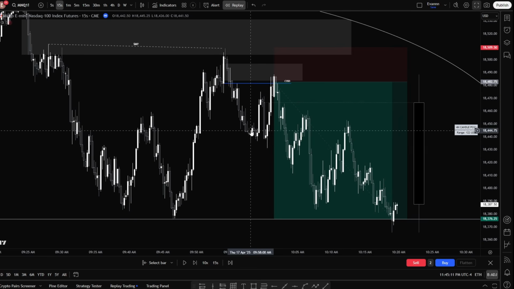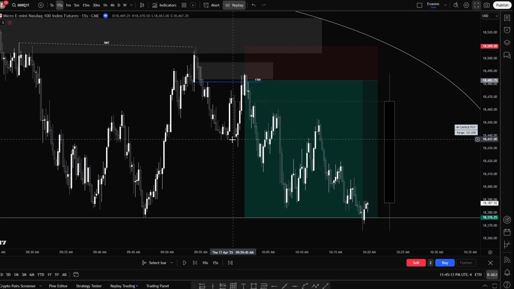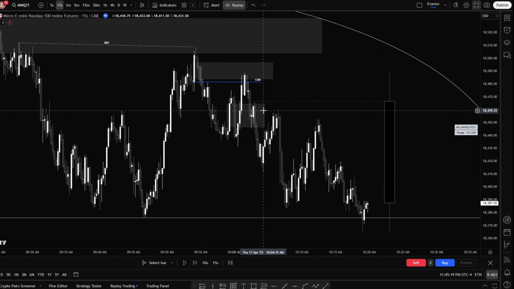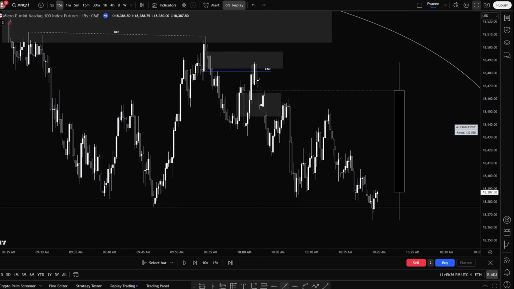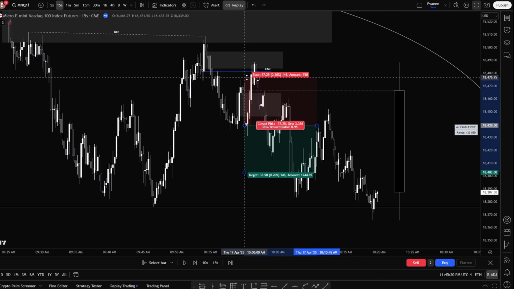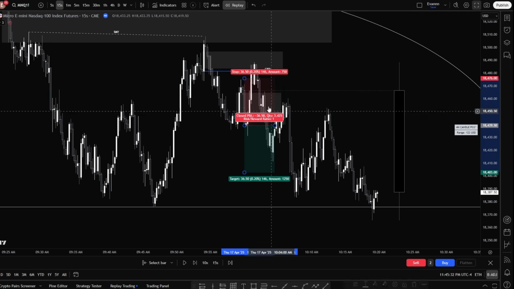they could have easily maybe entered off this inverse fair value gap right here. They could have seen this fair value gap get ran through. You know, we have the change in the state. We're respecting it. They expect us to dump. But look what happens. Enter off the inverse, stop above the high, because you're not going to put your stop